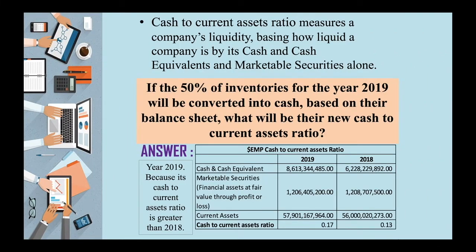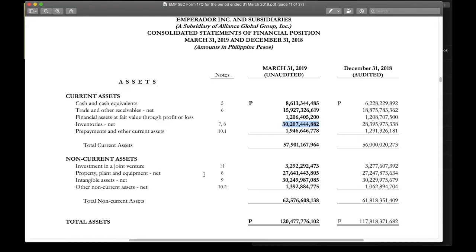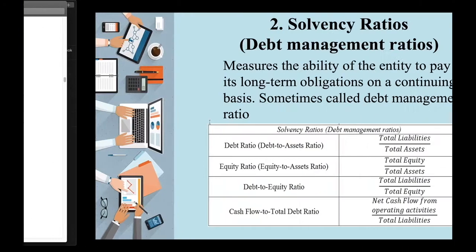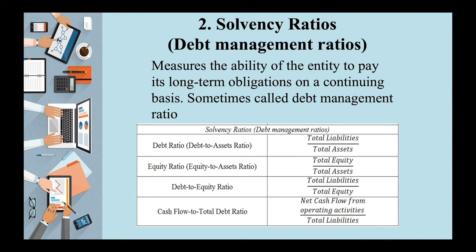Ayun yung, ayan. So guys, ginagawa lang yun. Pwede ka magbenta ng inventory mo, kung ano man yan, kung raw man yan, or finished na, bahala kayo. Basta you try to convert those things into cash. So, ayun yung idea dito. Kaya yun na naitanong. Okay, so for the next part, we have now the solvency ratios or the debt management